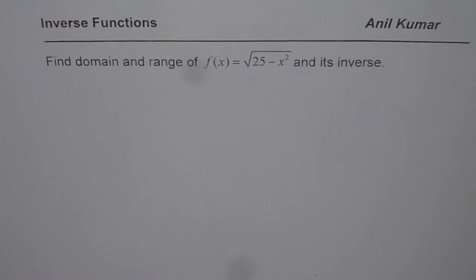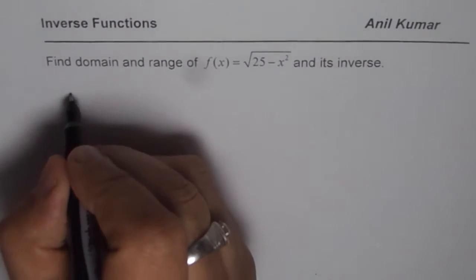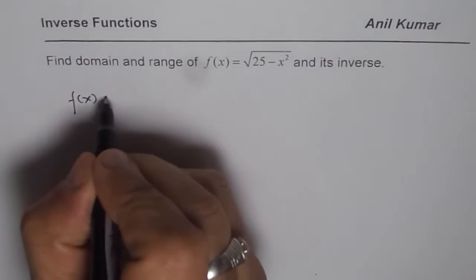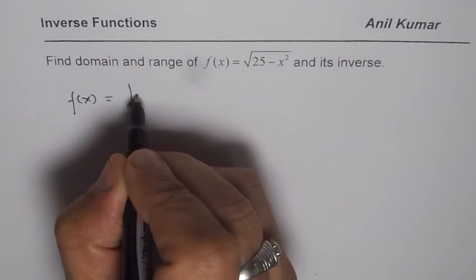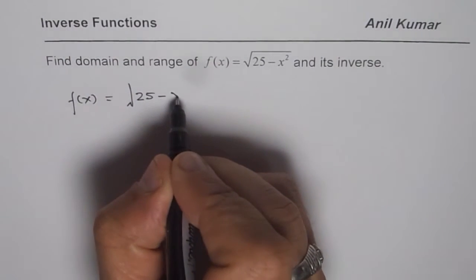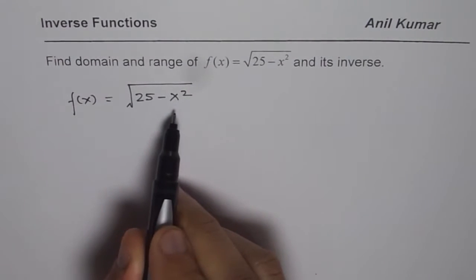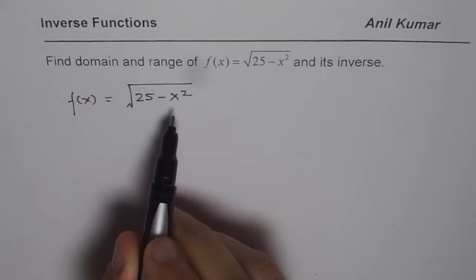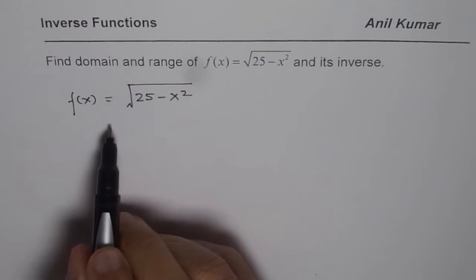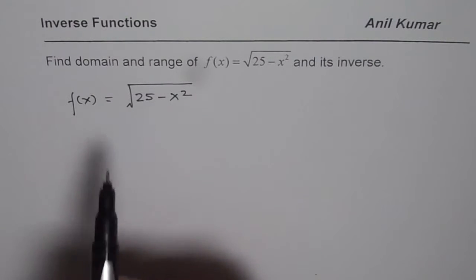The question here is, find domain and range of f of x equals square root of 25 minus x square, and its inverse. So let's analyze the function f of x. It is given to us as equals square root of 25 minus x square. Now this is an equation of a semicircle, where we are only considering the positive half of the semicircle,